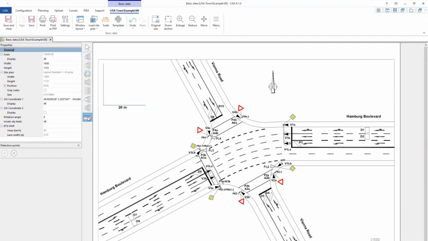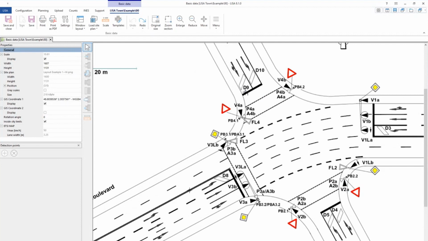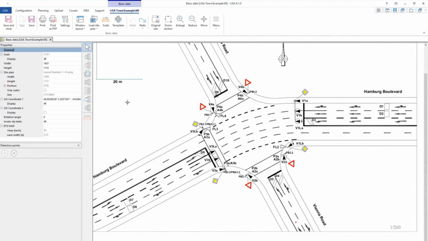You can always click here and check any distance if it's okay. If you don't have this scale presented in your site plan, then you can use, for example, a traffic lane or something from Google Earth, some distance, just to provide the right scale to your intersection. Okay, once you have provided the scale, the next step is we have to trace this geometry